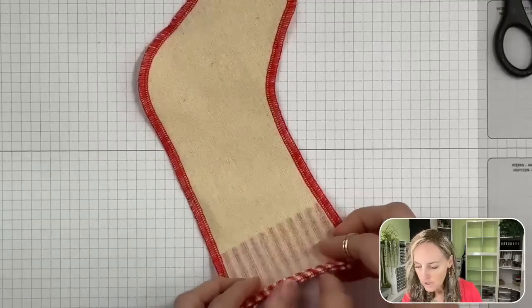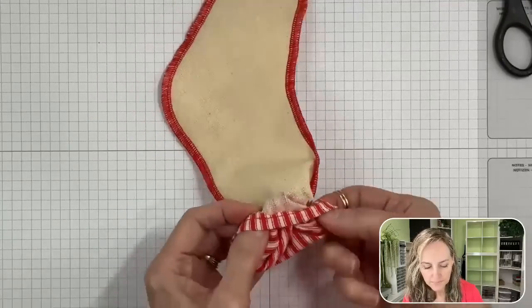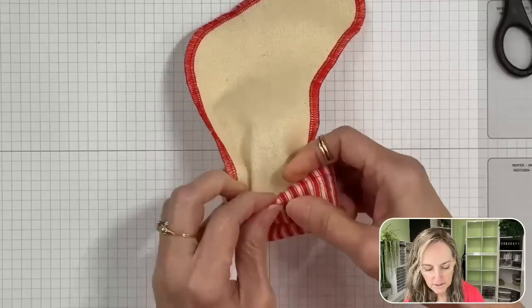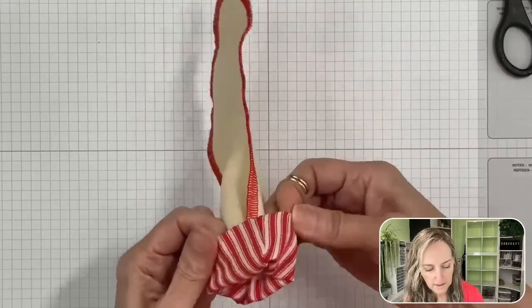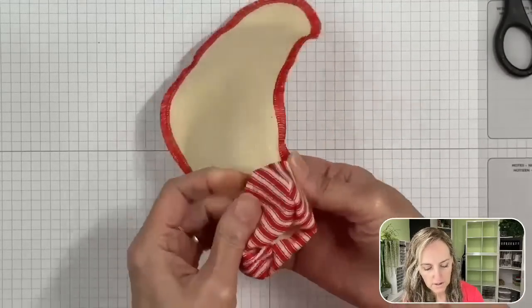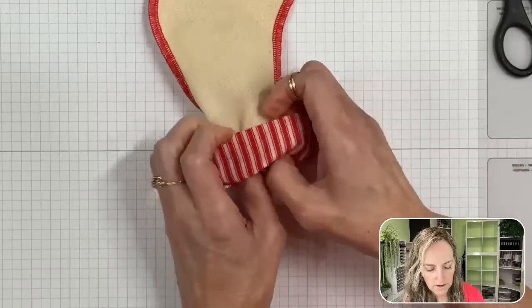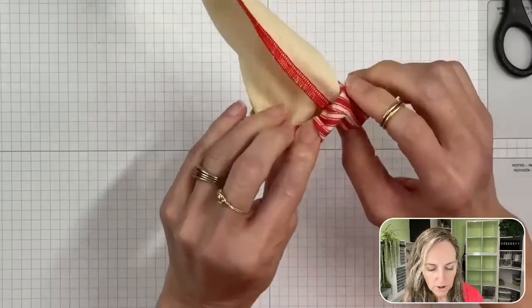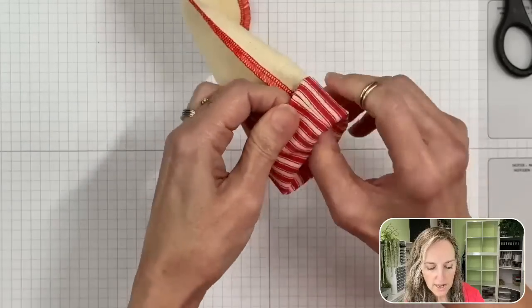Now, you may want to actually fold up the bottom first, and I think I actually overlapped. Yeah, I tucked this in so I had a little more of a thicker kind of feel to this. Okay, so I folded over the sewn edge, the hemmed edge,